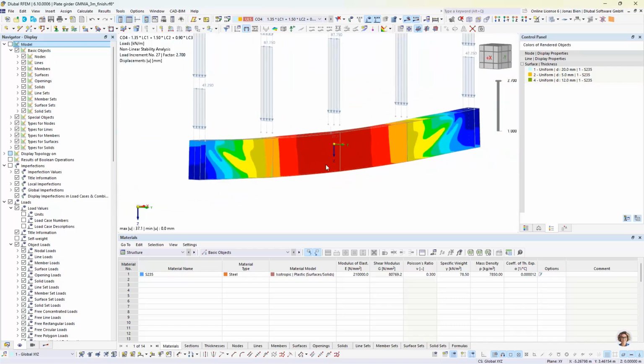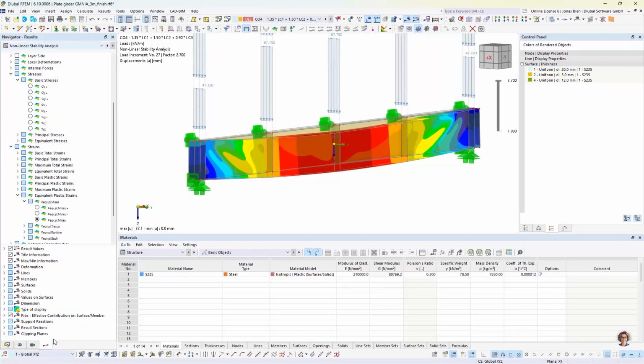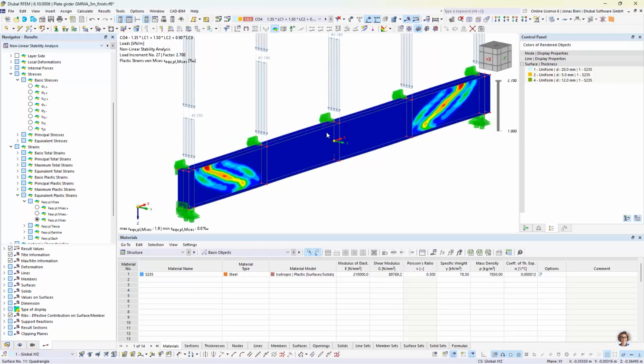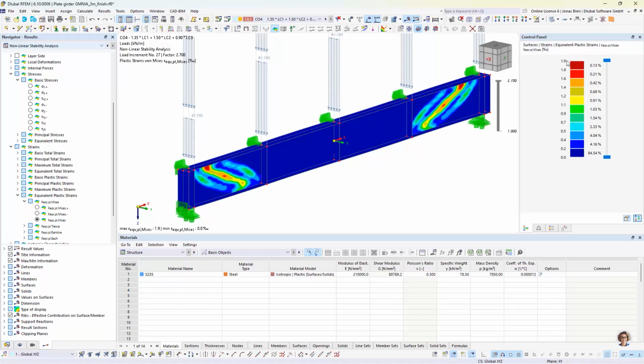Instead, if we now look into our strains in the model, we see that the maximum strains now are not found anywhere near midspan, but in the buckling panels close to the supports, and those are also a bit higher already,